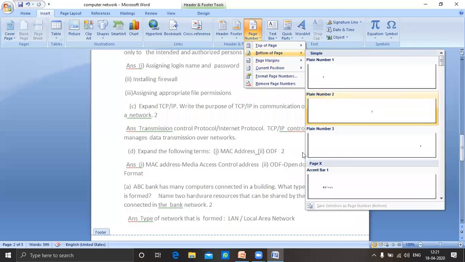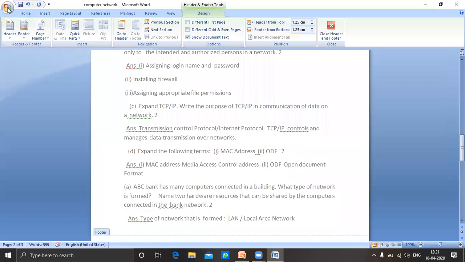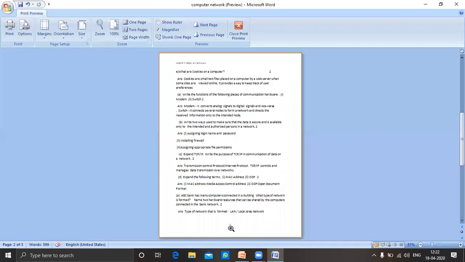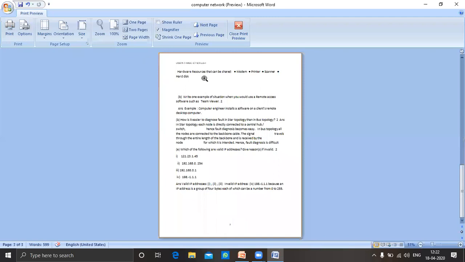Suppose in this format. So, clear? Now, if I see the print preview, you can see lesson 3 basic ICT skills in the header portion and the page number at the bottom, and again on the second page the header is there, lesson 3 basic ICT skills. Clear?